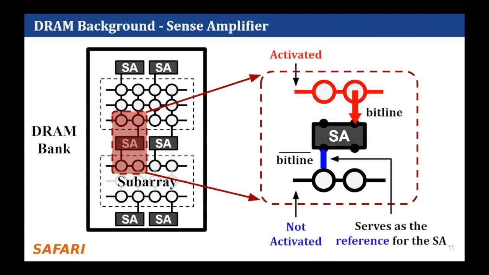The sense amplifier actually operates in a differential manner. It reads data stored in the cell by sensing and amplifying the voltage difference across a pair of bit lines caused by the sharing of charge between DRAM cells and a bit line when a row is activated. As the animation shows, during an activation, another bit line in a neighboring subarray is also involved to serve as the reference of the sense amplifier.